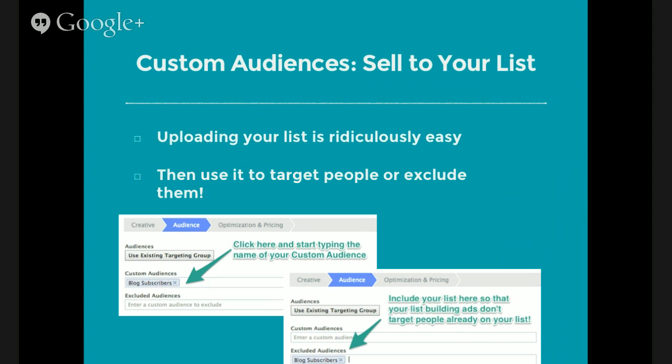I really don't recommend trying to get really cold traffic to your sales page. It just doesn't make much sense. That's why I really recommend list building. But if you are in a launch, especially in the final days, this is what I did for a recent client of mine: we put together ads that said, hey, the cart is closing on Thursday. Check out the results that other customers have gotten in their business. And we directed them to a testimonials page that also had a call to action to purchase.